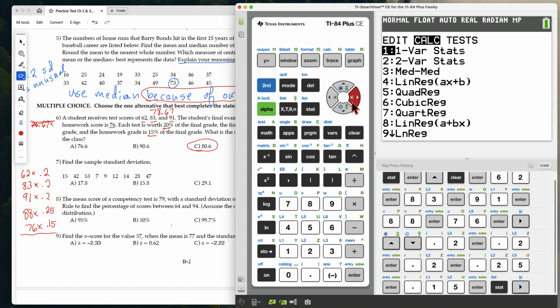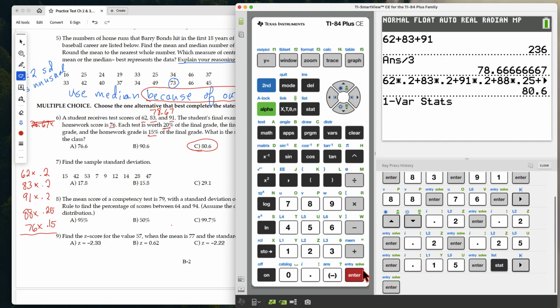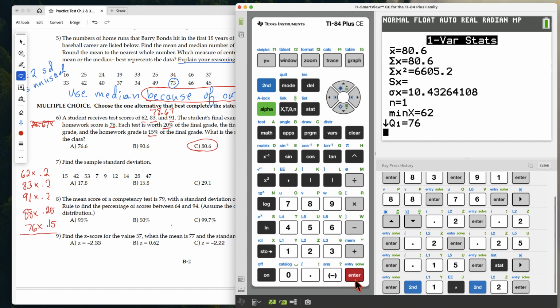We're going to go to calc. I don't know if everyone can do this. Let's see how this works. I think this works. We hit enter. We want to use L1, the stats there. We're going to put a comma, I believe. And then we want the frequencies to come from list 2. So then we put our list 2 for the frequencies. I believe this will work. Let's test it. Oh yeah, and see, it gives us the mean is 80.6, just like we got the other